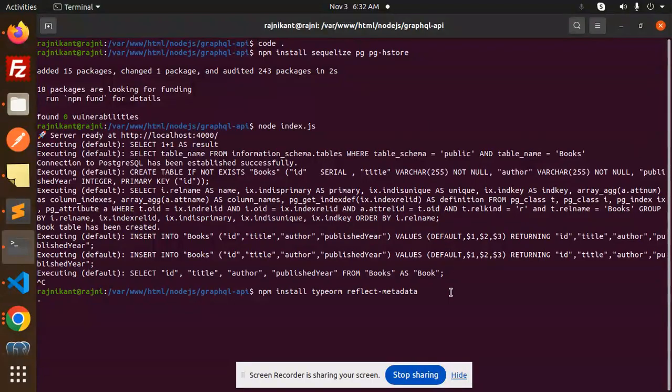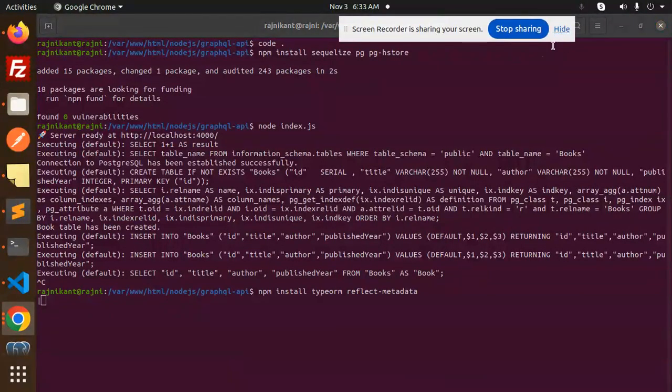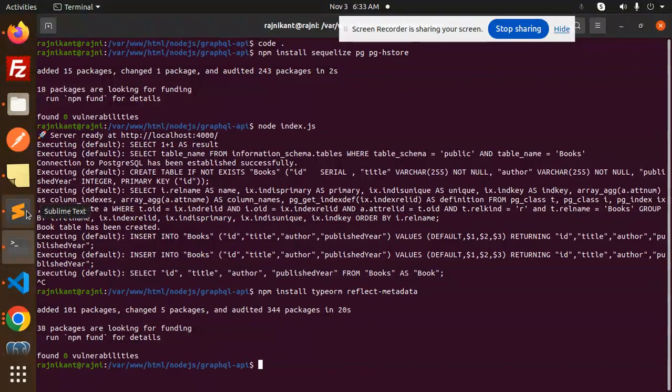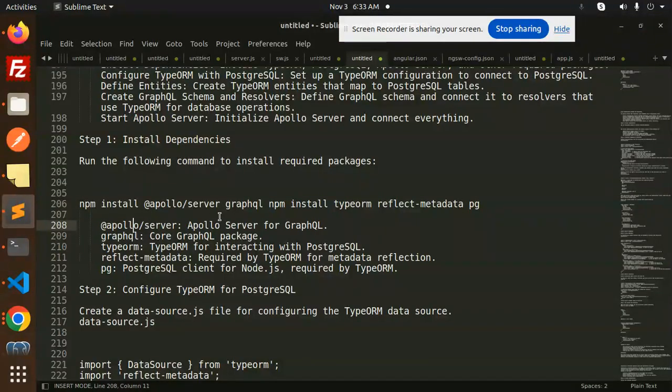Okay, so I think this is done. Moving to the next: Apollo Server for the GraphQL core package, TypeORM for interacting with PostgreSQL, reflect-metadata required by TypeORM for metadata reflection, and pg, the Postgres client for Node.js required by